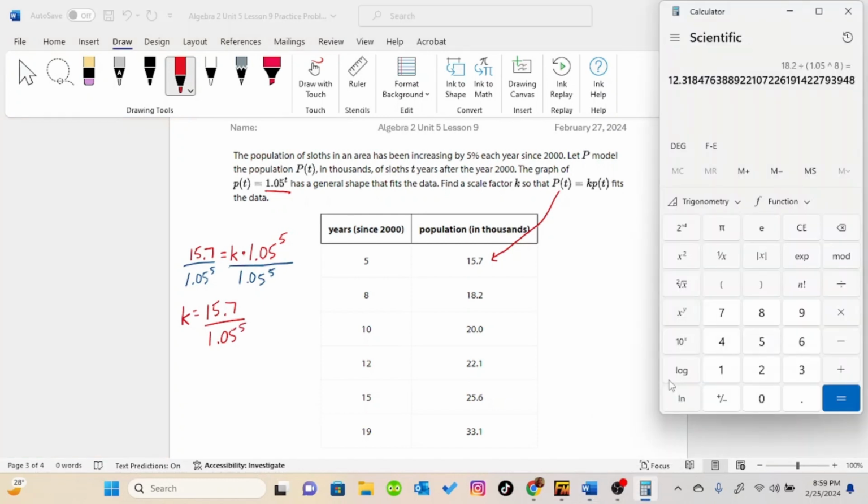Now if I put this into a calculator, 15.7 divided by, I'm going to use parentheses so that I can keep this bottom part together, 1.05 to the power of 5. And then close my parentheses and hit equal. And we get an answer of k equals approximately